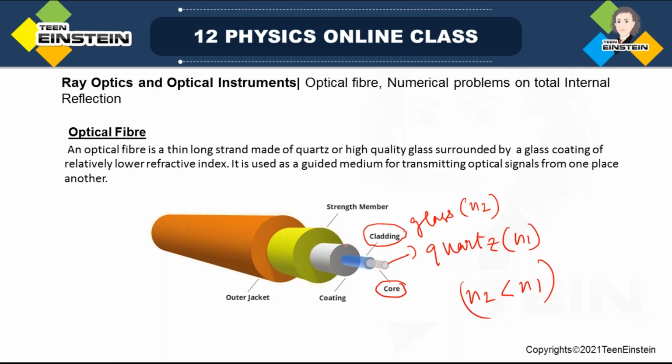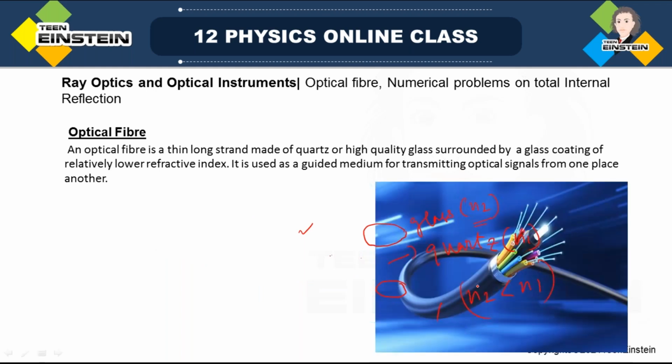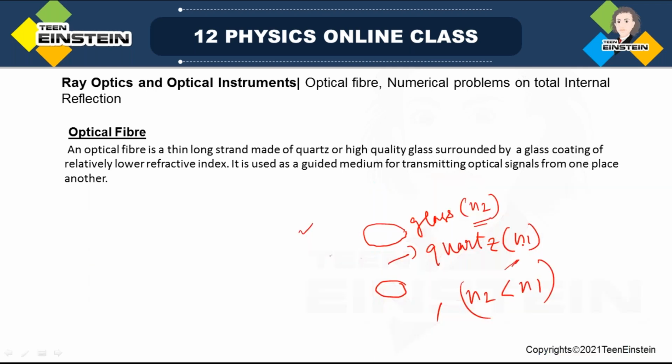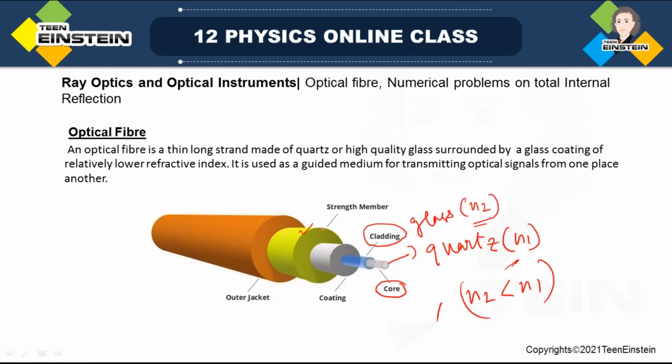This is also somewhat made of glass, or maybe of a different refractive index, obviously, and there will be a material to give some strength to this fiber, and the outer covering, as I have shown you. See, this is the outer covering. Then you have the buffer, the covering of the fiber itself, as you can see here. And the strength provider, okay. And finally you have the outer covering.